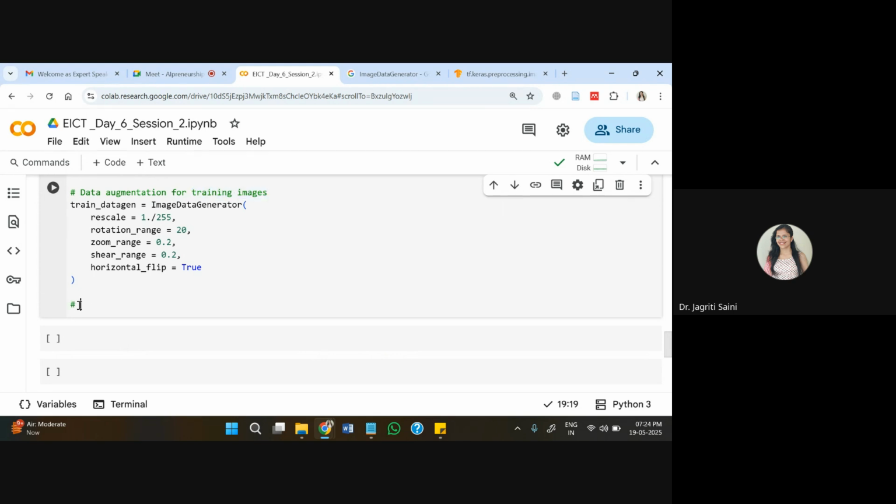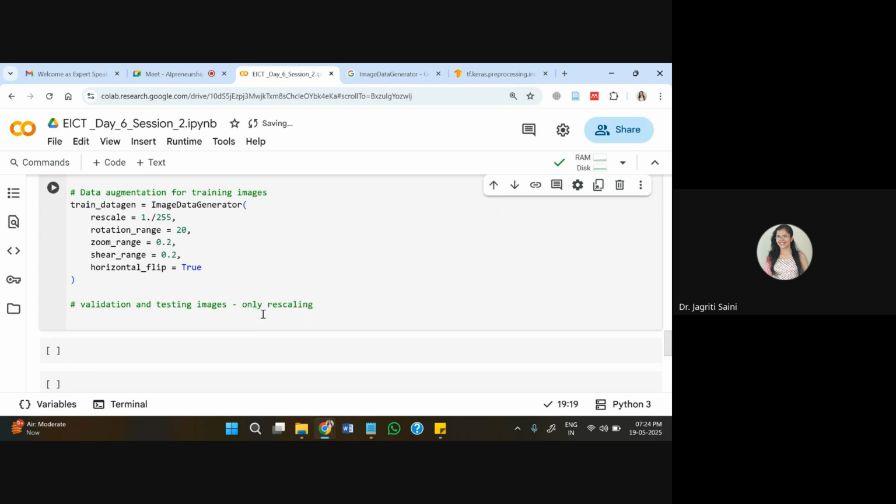In case of my validation and testing images, we will apply only rescaling, because only that is essential for your model. Otherwise, we will use raw data itself. We will not augment the validation and testing datasets so that we can ensure a robust model.